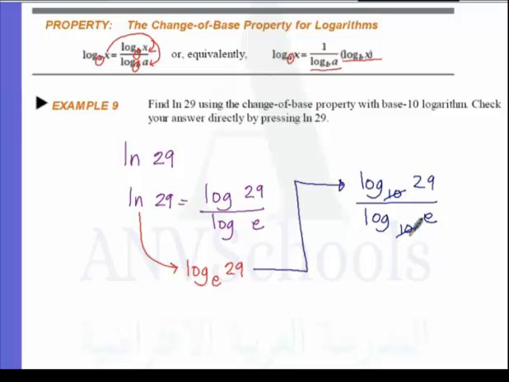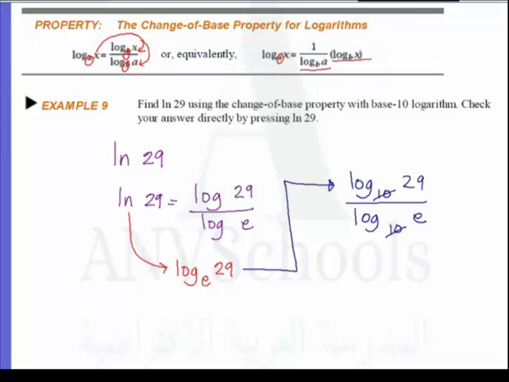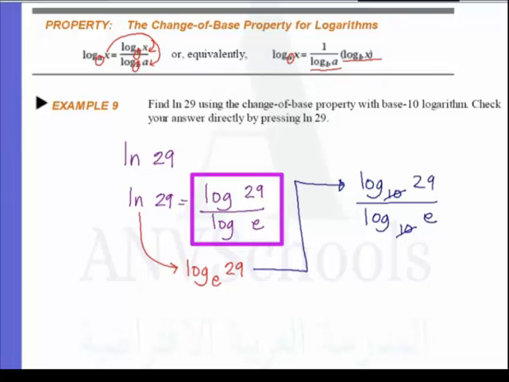So our answer is then taken as log 29 over log e. And if we are going to directly get the value of our ln of 29 in calculator, if you have your calculator, you can check it. Just press your ln. It's beside the log. So natural logarithm of 29 is directly equal to